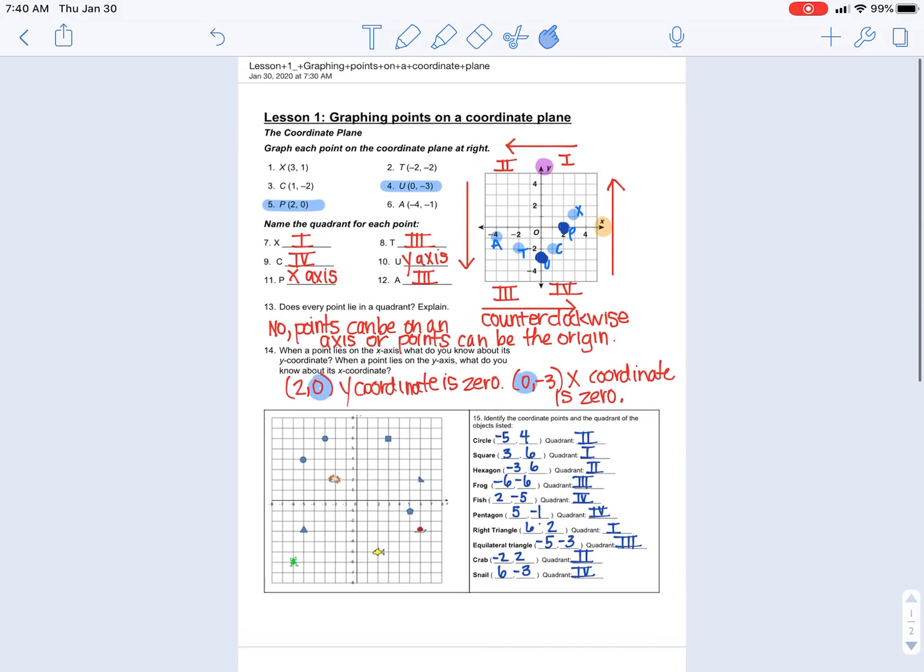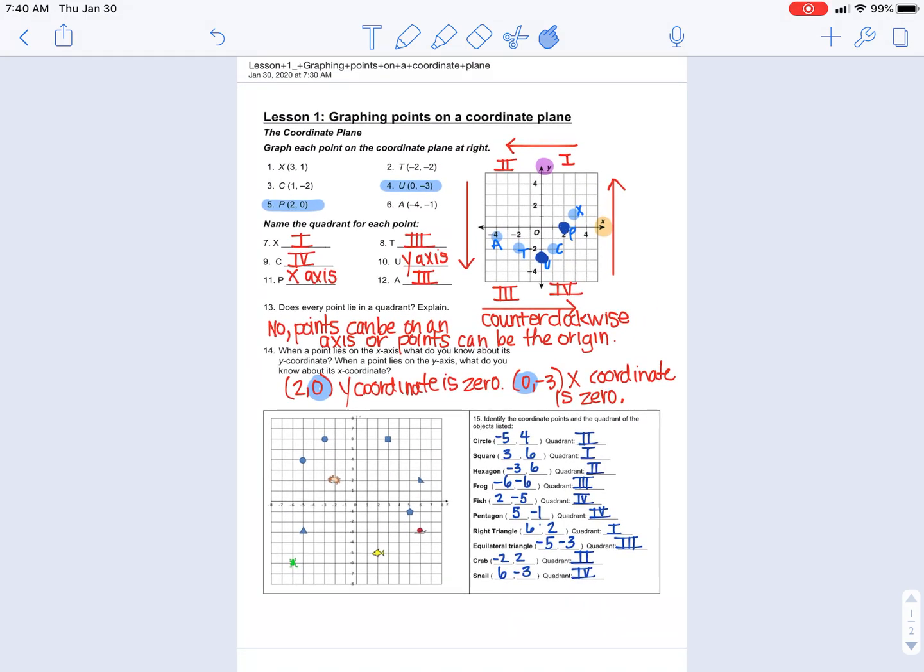So that should be your review of graphing points on a coordinate plane. Refer to these notes. These should all be in your packet. And now you're going to do the check in your packet as well as enter the